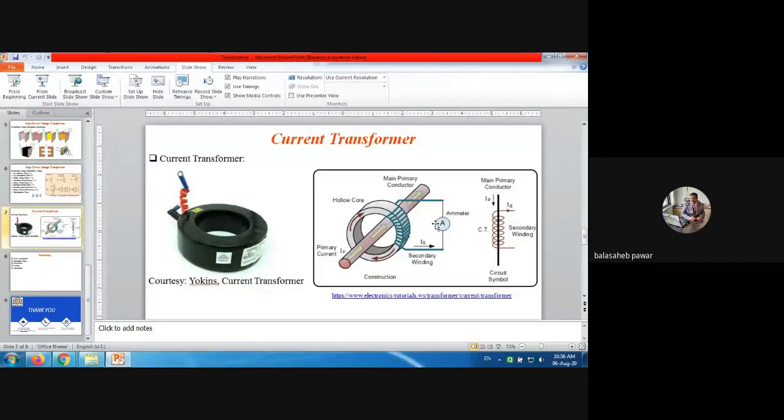Remember, next, you have to measure how much is the applied voltage to the load. That means you have to connect one step down transformer across that load. That means the applied voltage to the load is equal to the primary voltage of that step down transformer, and there will be a step down AC voltage. Now convert that step down AC voltage into DC and apply it as an input to your microcontroller.